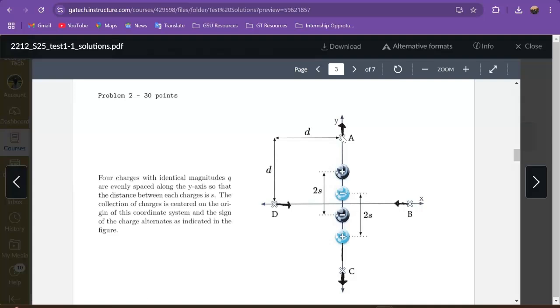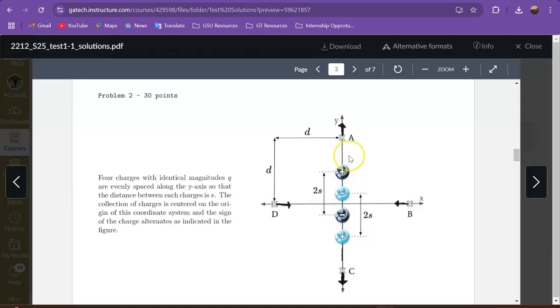And we know that the electric field for a dipole is equal to our constant multiplied by 2 times charge times separation over r cubed. In this case, our distance r, so that would be the distance from the center of the dipole to the observation location,